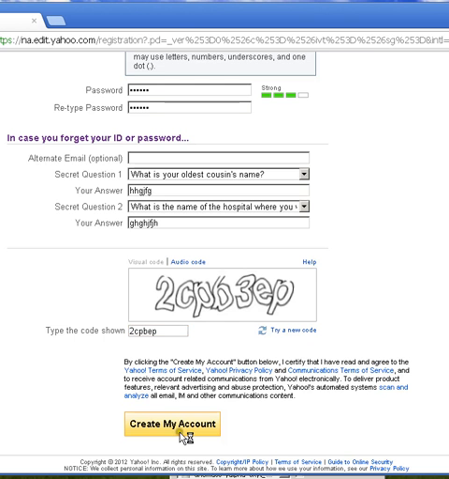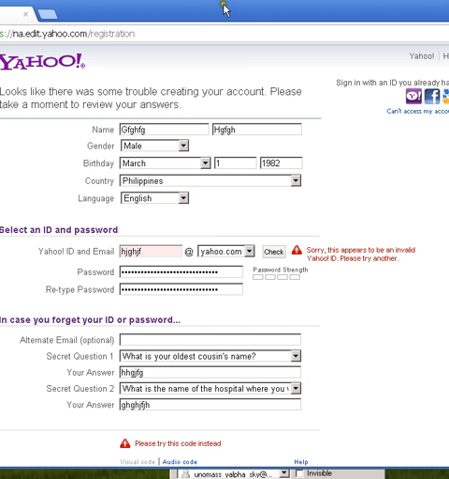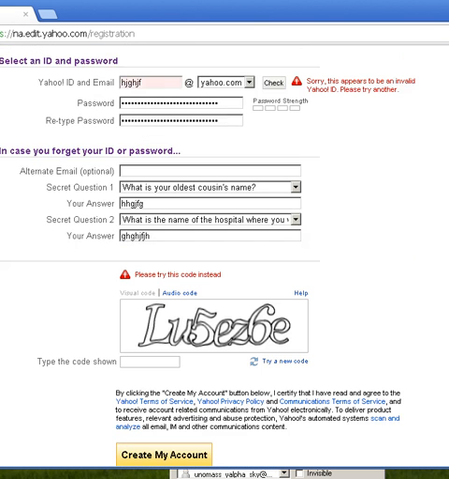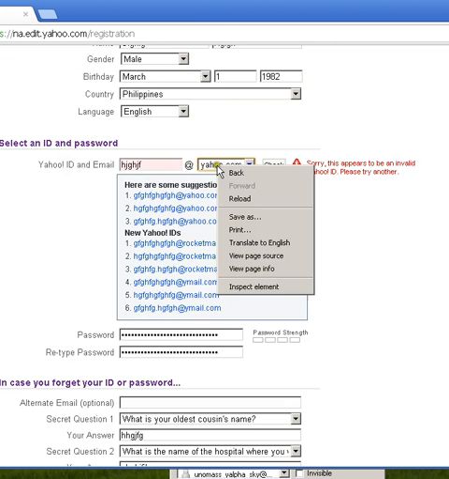Okay, create my account. It will make an error, it will say it's an error, so don't worry, it's okay. I just want to make sure to show you that this one is an exploit ID maker of extra, okay? So it will show out, disregard these things, just disregard this.